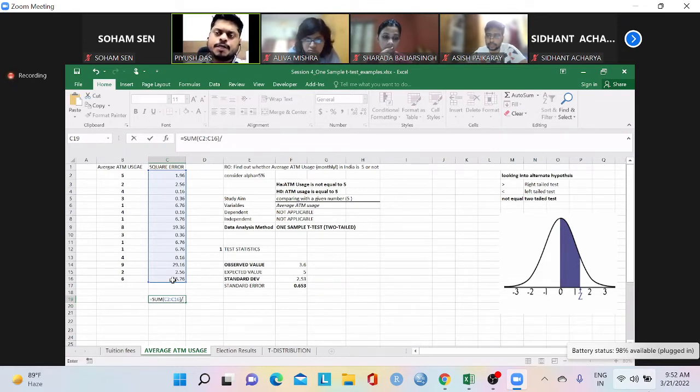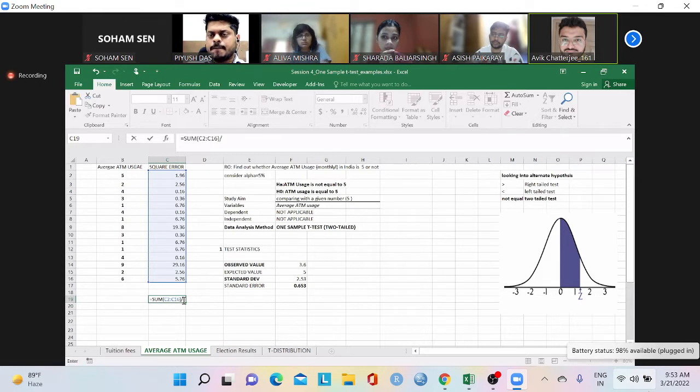Whenever we are talking about variance, how far the point lie from your mean point, right? My mean is 3.6, right? How far they lie? So I take the distance, 5 minus 3.6, square of that, then sum it up. So that is the total sum of square errors or SSE, right? Now what happens? I divide that by the